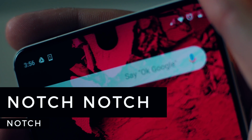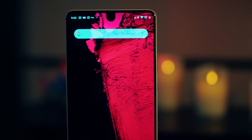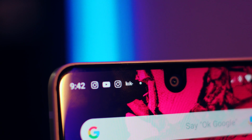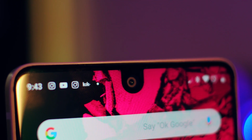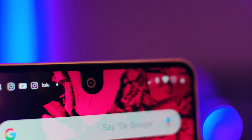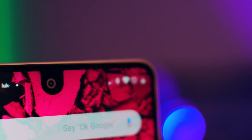Now, many people blame Apple for the notch trend, but it was actually Essential who started the whole thing up with their nipple of a notch. Smack top center in the middle of the 5.7-inch QHD display, which looks beautiful by the way. I don't mind the notch as much as I thought I would, which seems to be the case with most everyone. But what I do mind is the fact that the notch space isn't properly being utilized by any app